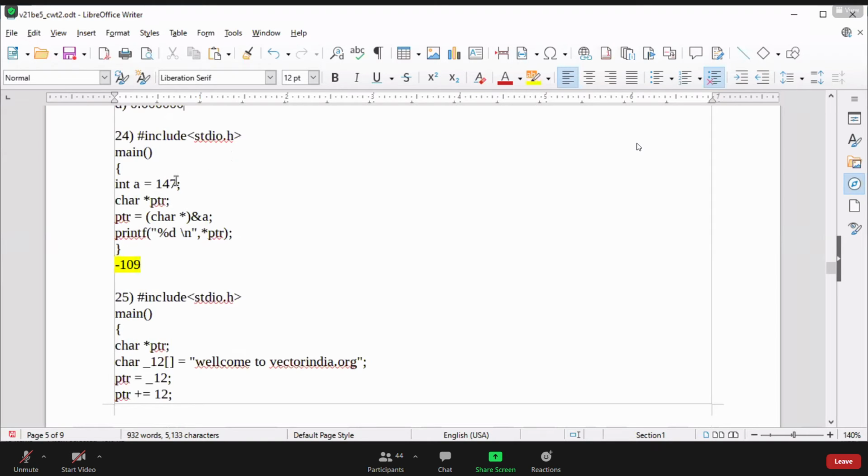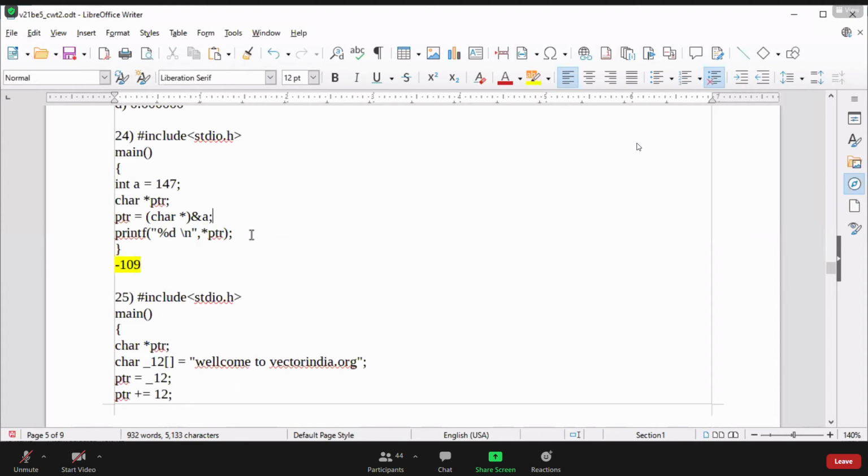Question number 24. Here the value 147 is stored into a variable, and then character star ptr is pointing at the address of A. The concept you need to understand here is that the character pointer ptr is a character type pointer.